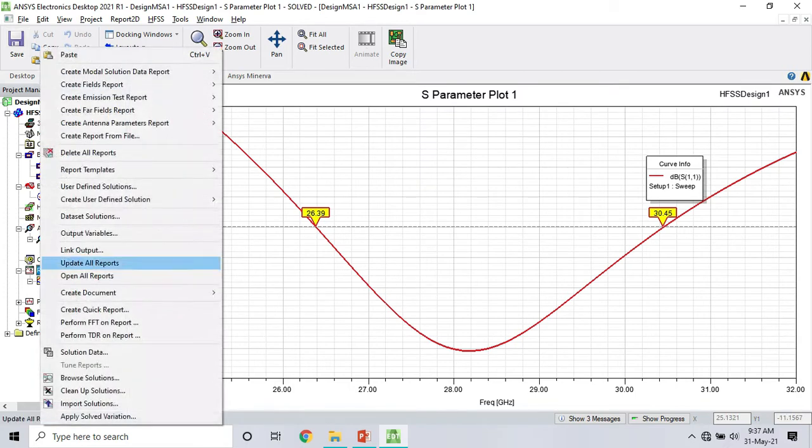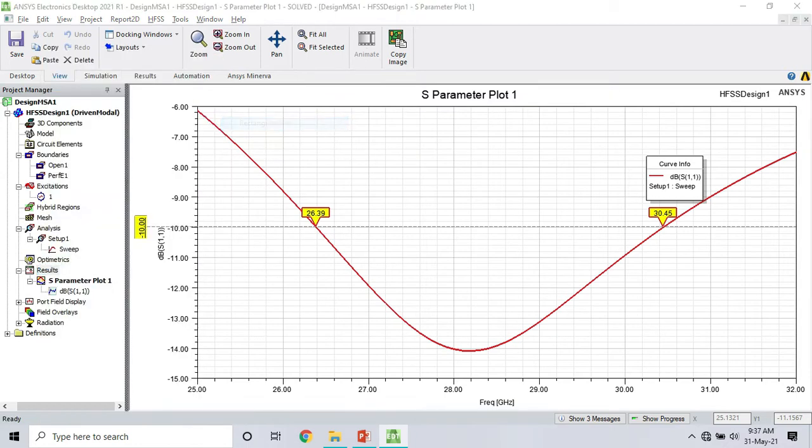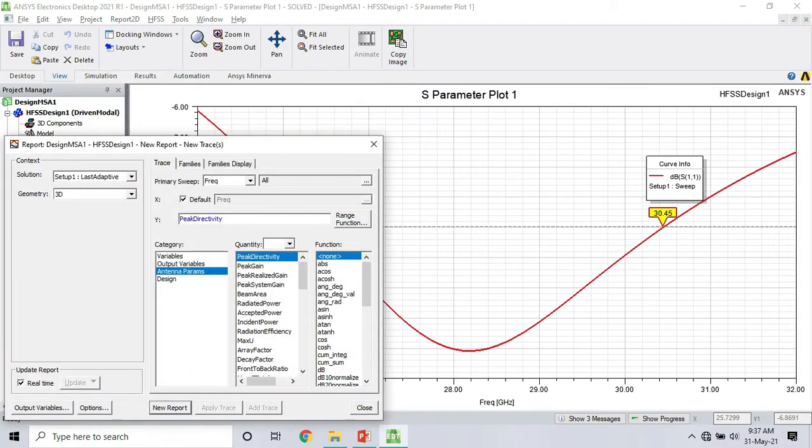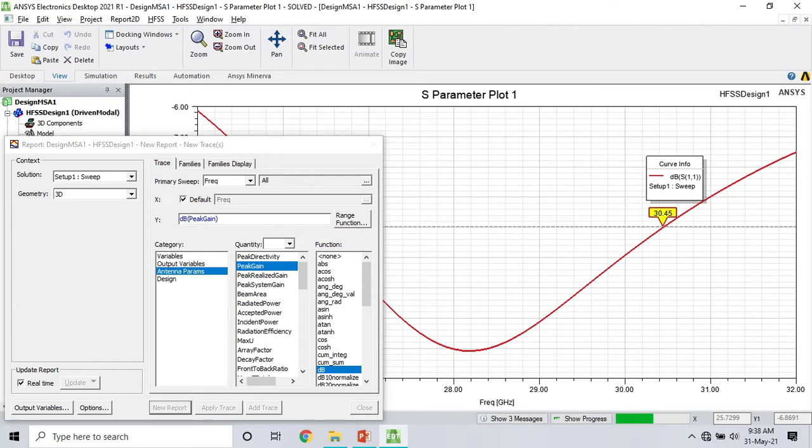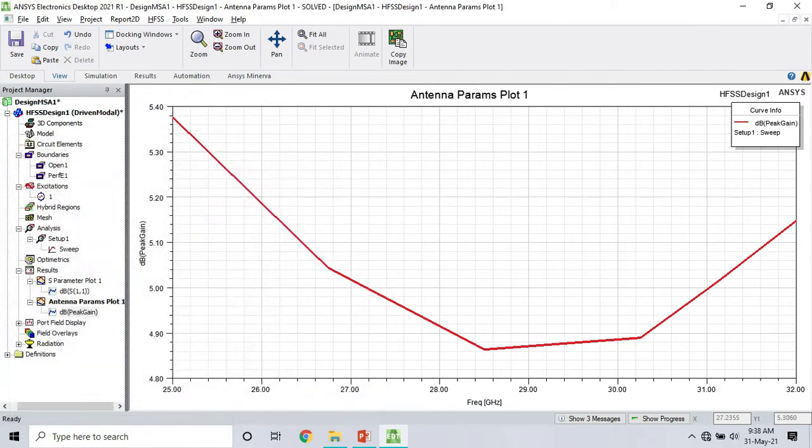We can have our gain. Antenna parameters report, rectangular, antenna parameters, peak gain, select sweep, that in dB, click new report. Here is the gain of our antenna.